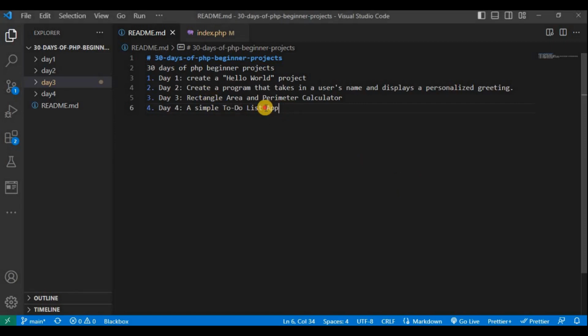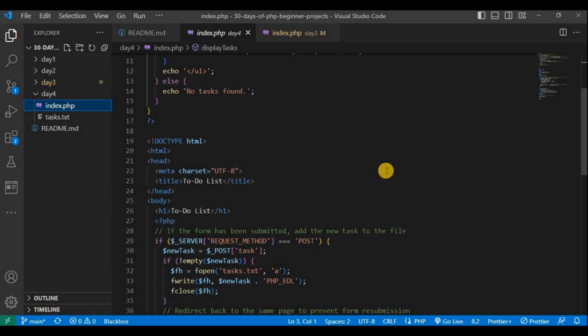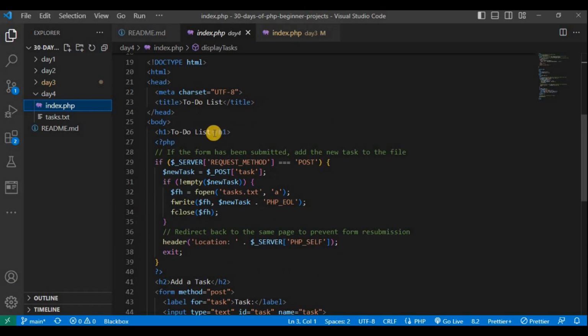So today we are basically going to build a simple to-do list app in PHP. We have here our folder for day 4 and inside it we have index.php. The first thing is we are going to create an HTML structure with a title, to-do list, and a heading